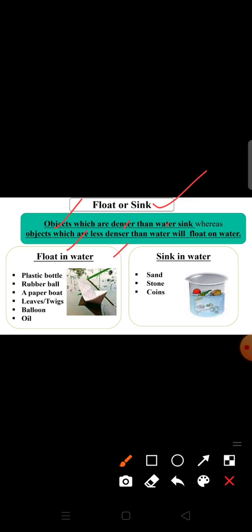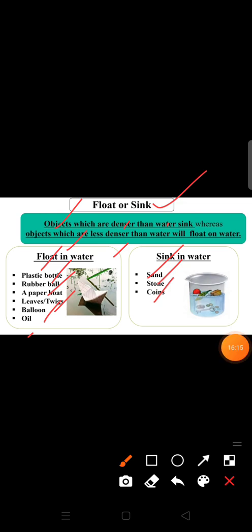You must have seen that if we put a plastic ball, rubber, paper boat, leaves, twigs, balloon or oil in water, what will happen? It will float in water. Whereas if we put sand, stone or coins in water, they will sink in water. Okay, they always sink in water. Why? Due to the density.